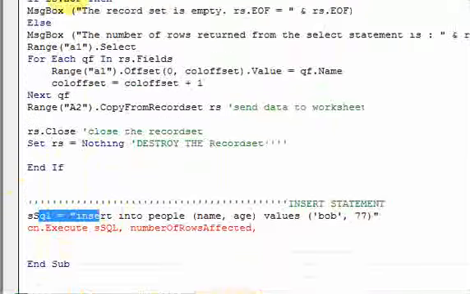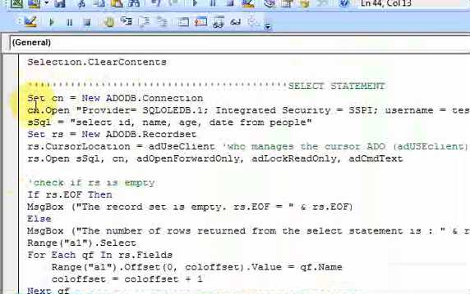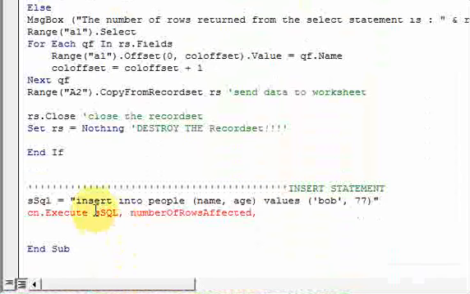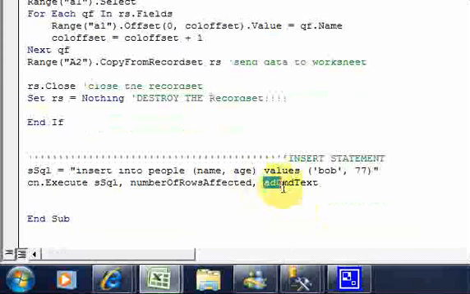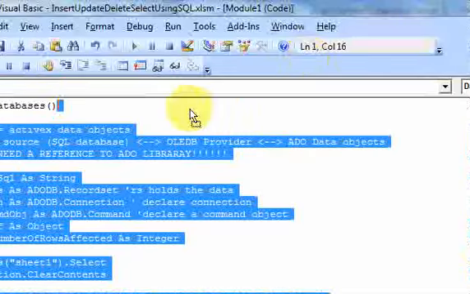Now remember, what is cn? Cn is this connection up here that I opened. I opened this connection right here to the database. When you do cn.Execute, you put the SQL statement, and then you put a variable that will hold the number of rows affected. Then you put some options here, and the options are adCmdText, which says to the ADO object